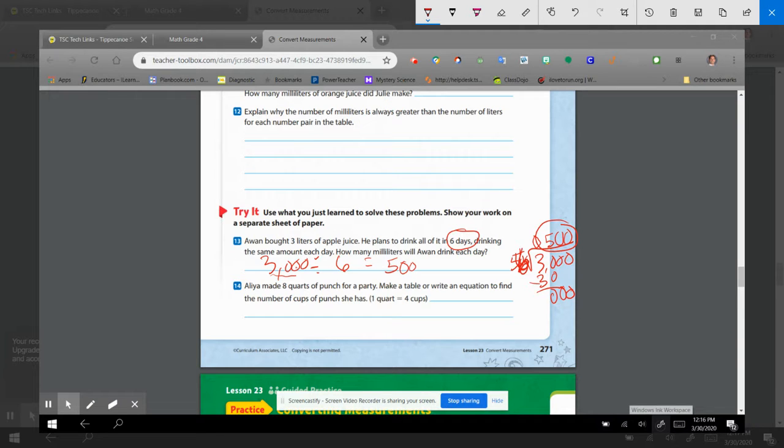Now, Alia made 8 quarts of punch for a party. To make a table or write an equation to find the number of cups of punch that he has, when 1 quart equals 4 cups, you would multiply 8 quarts times 4 cups